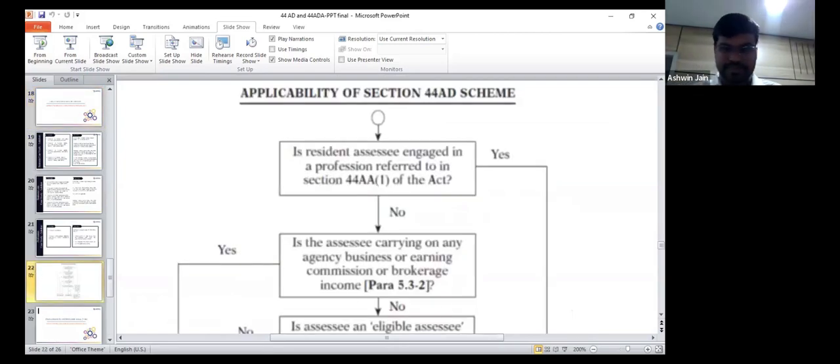Now you can start. हाँ ठीक है। सो ये एक फ्लो चार्ट में we try to explain 44 ADA. So if you read this, is resident SSC engaged in the profession referred to in 44AA,